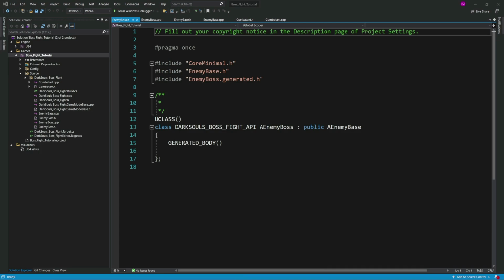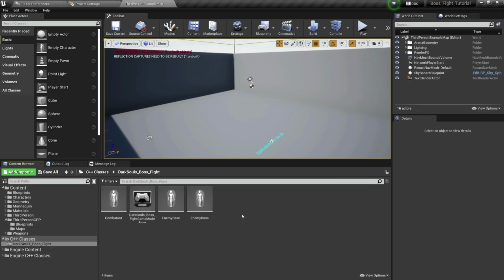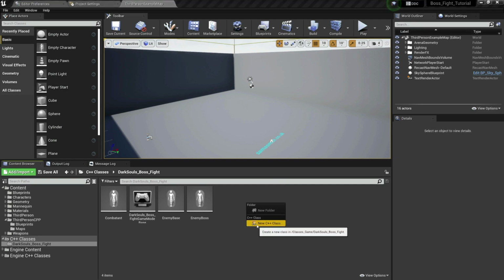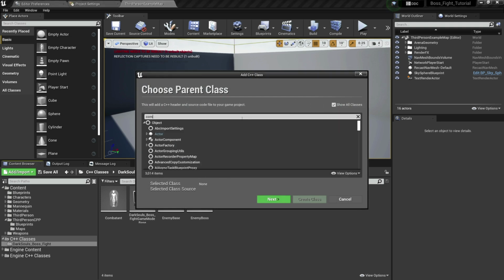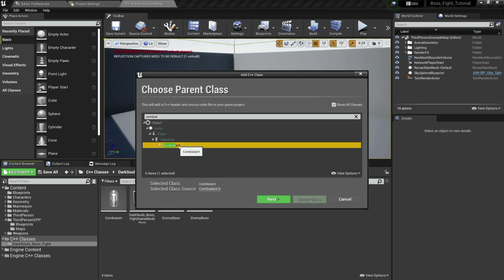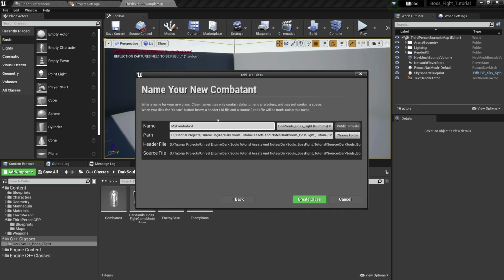Now, this is when it comes to enemy. We're not going to code it right now, but we need to do this at the moment because later on when we test some things with the player, we will need the enemy for that. So I'm just going to get this out of the way right now. Now let's go here and new C++ class. And this time again, from here, we're going to inherit the combatant. So click on the combatant, click on next. And this one is going to be our player